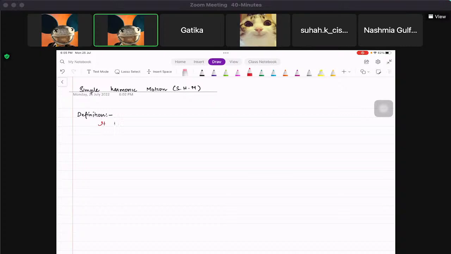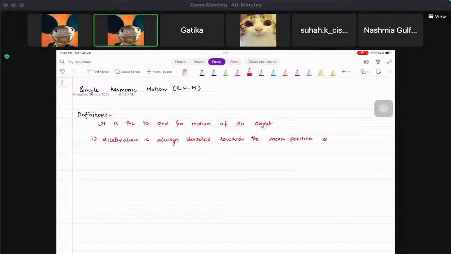It is the to and fro motion of an object, and then for the first mark you say always that the acceleration is always directed towards the mean position. Okay, so this is the first mark,